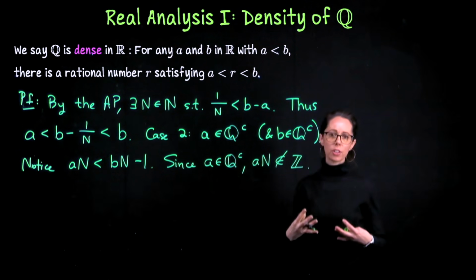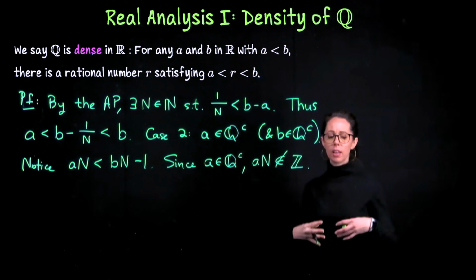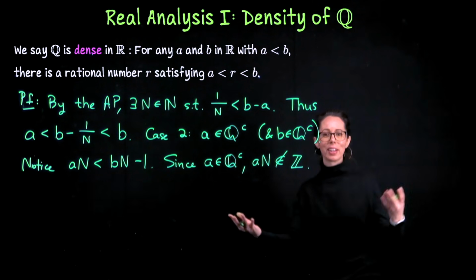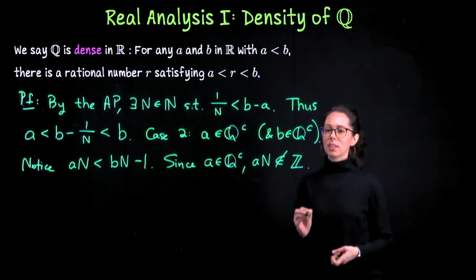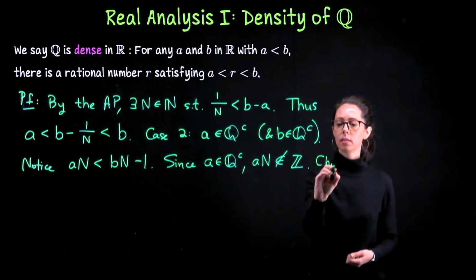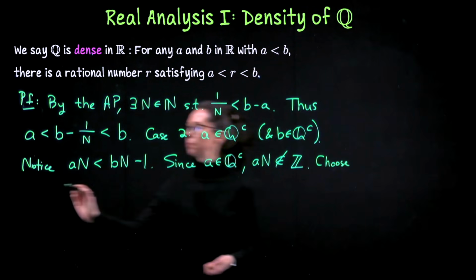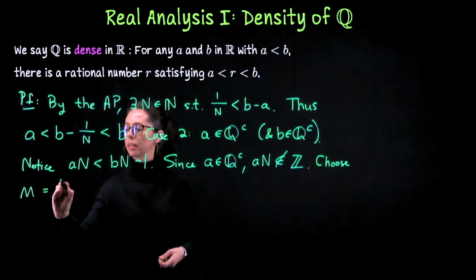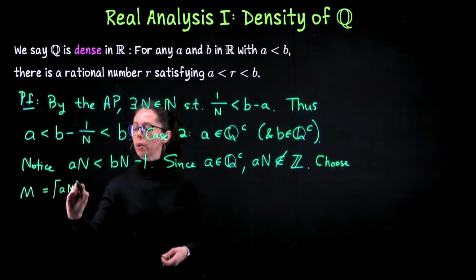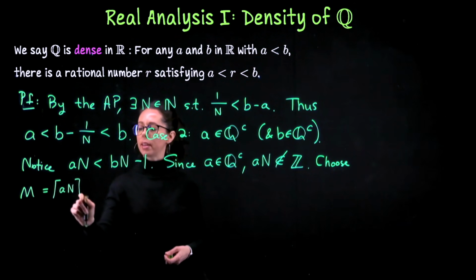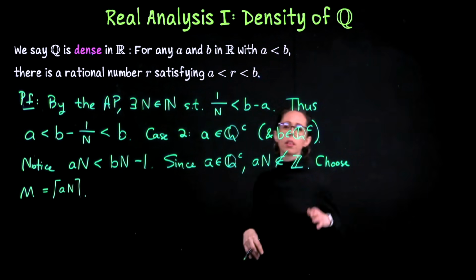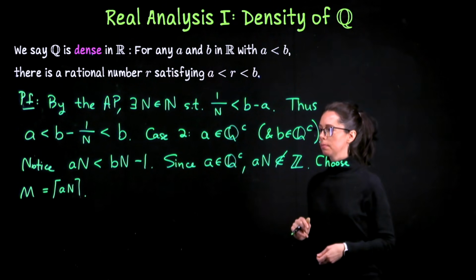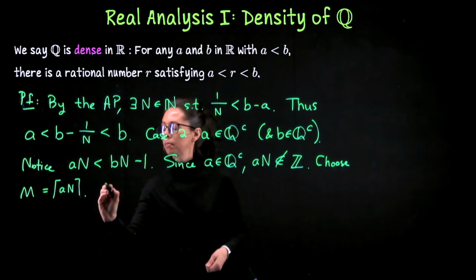It's sitting between two consecutive integers. Let's call the integer to the right m and the integer to the left m minus 1. So choose m to be the, let me just write it as the ceiling function, just for shorthand. But I mean by this, the smallest integer larger than AN. Then